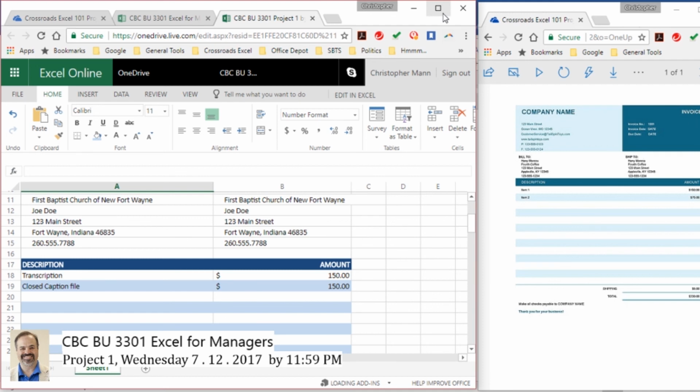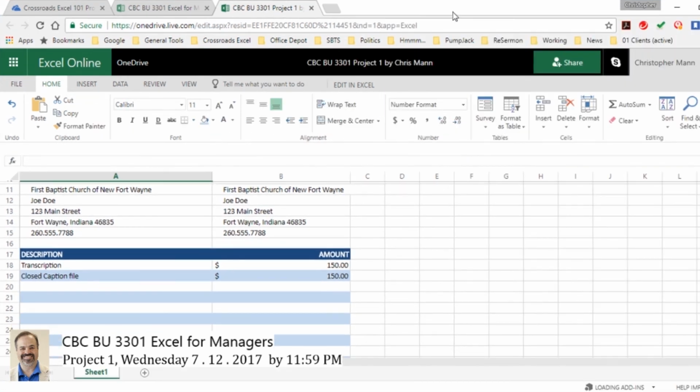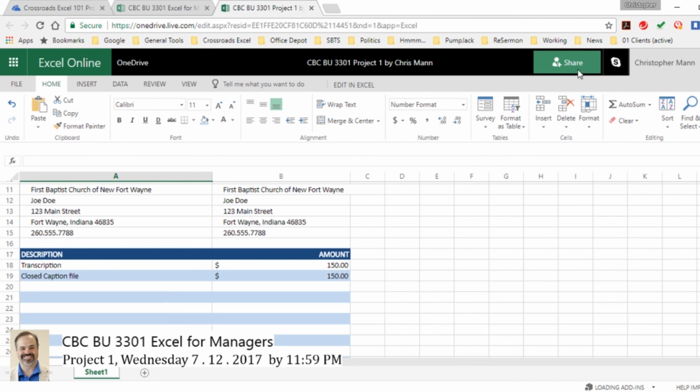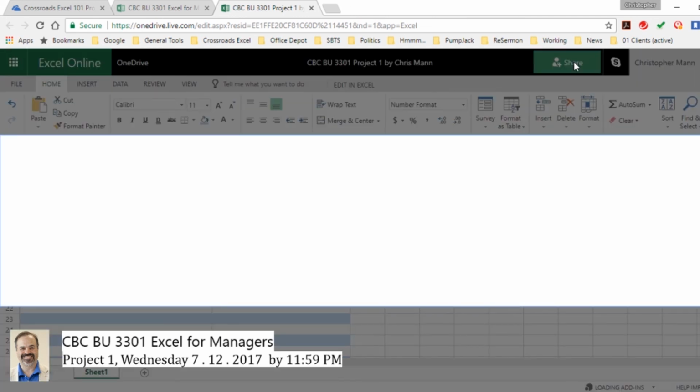Now, at this point, we need to share the document, and I'm going to show you how to do that. You can do this a number of different ways. One is you can go to the File menu and you can share right here. The other way to do it is you can simply click Share, the big button up here,